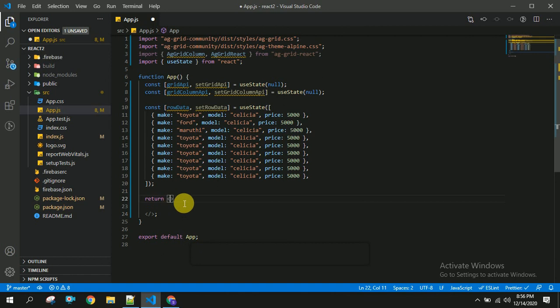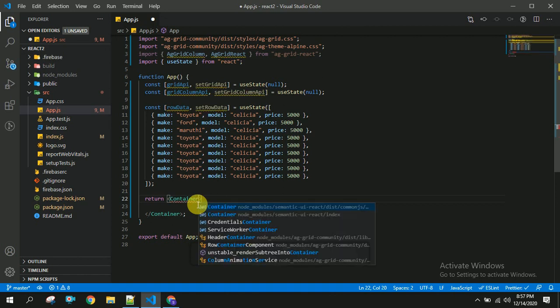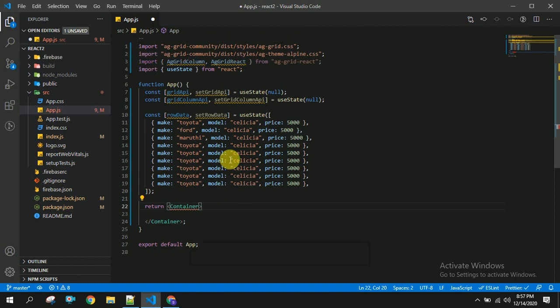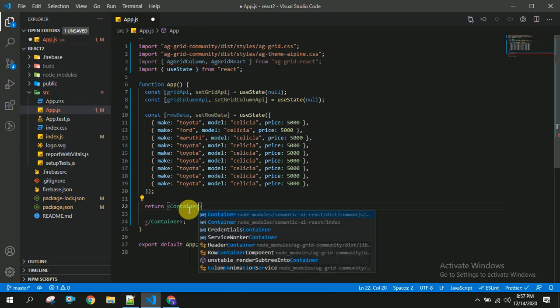As I am using semantic UI, I am going to create container. I prefer semantic UI. You can use your own Bootstrap or something. Yeah, there is some issue in this. It's not auto importing.